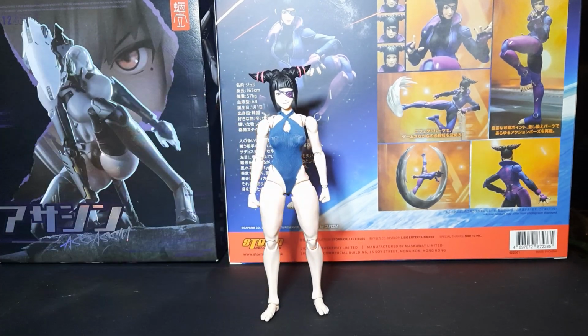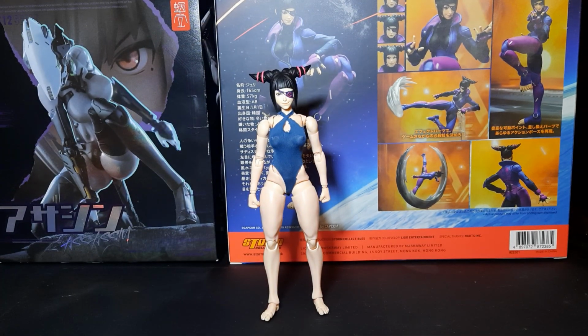You could literally throw her in with your Jada Toys Street Fighters, your S.H.Figuarts Street Fighters, and your Amazing Yamaguchi Revoltech Street Fighters. Even though I don't see why you would do that because they're making Chun-Li. But hey, you don't know how theirs is going to turn out. So until then, if you just want a good looking 1/12 scale Chun-Li on your desktop, Brez, you got it right here. And just to show y'all more,